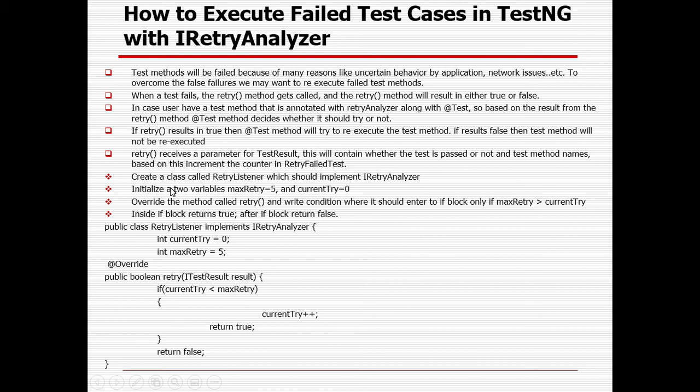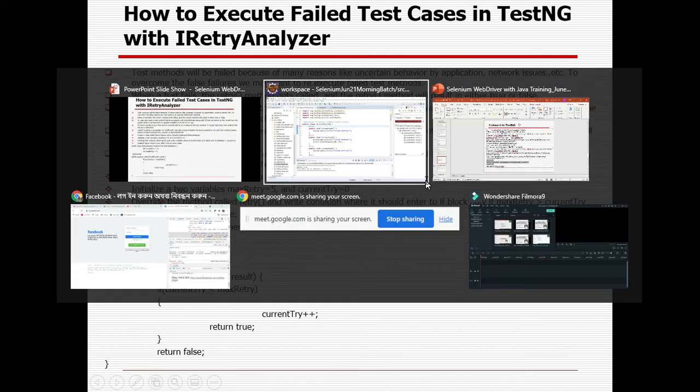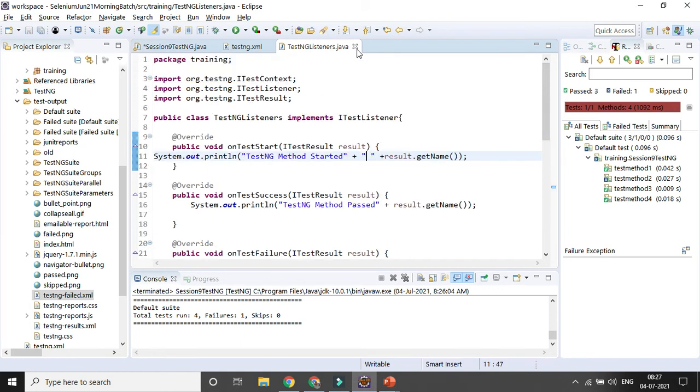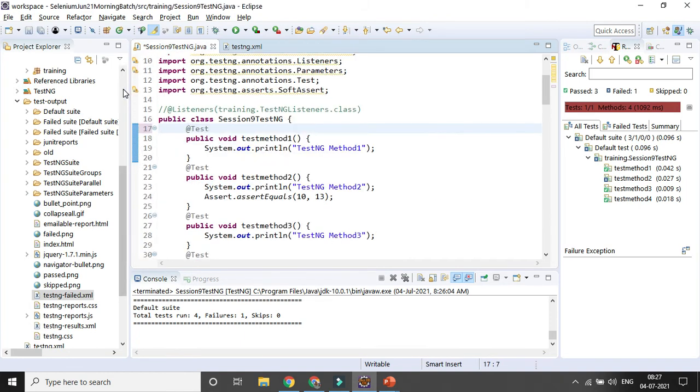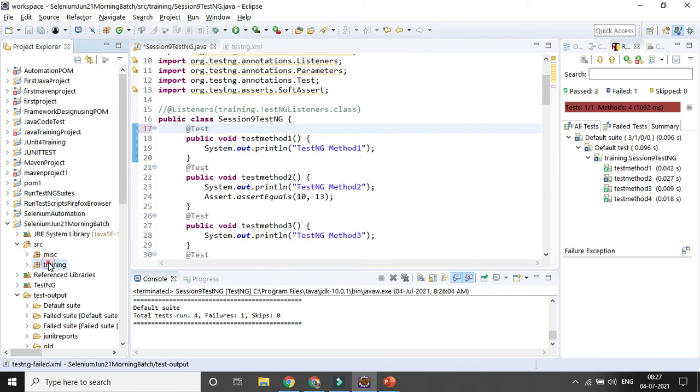So first I will be creating a class, which will be implementing the IRetryAnalyzer interface. So here I will be creating a class in the same package.